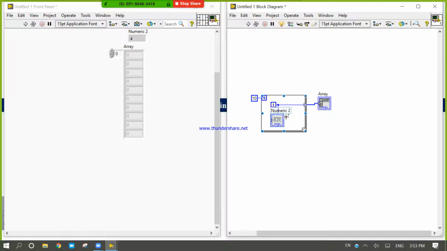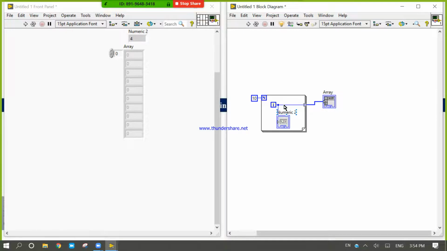So what is the procedure? Again, when you hit this run button, first this node executes, and it sends the data to the N node. When the N node accepts it, the loop starts executing. Each and every iteration generates one value. We can read that value from this display, because this display is present inside the loop.